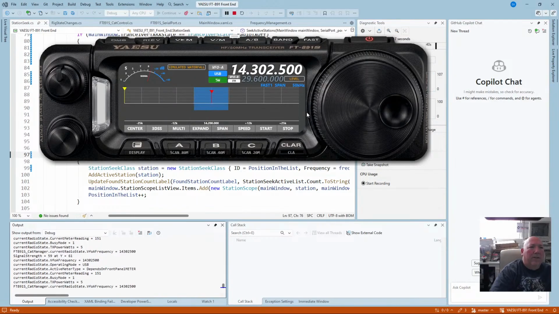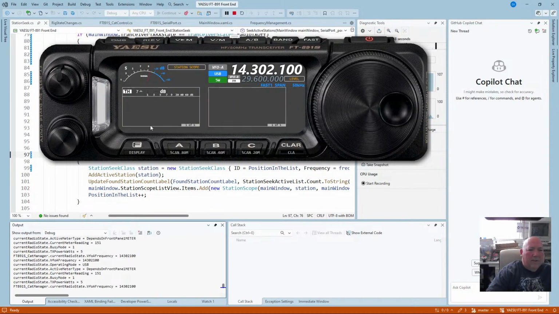There we go. Yeah, so the bit for switching the band, it's not being done in any other mode at the minute, so we are going to have to sort that out. So I should be able to do a scan of 20 meters now,